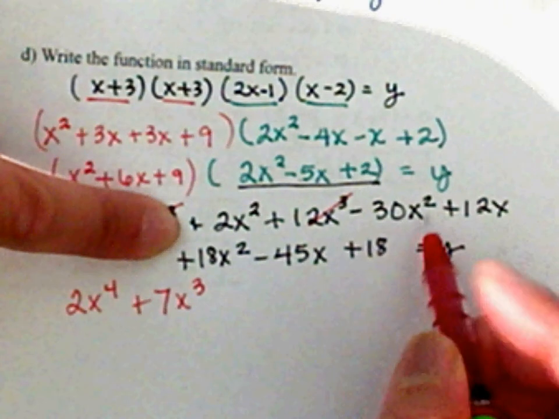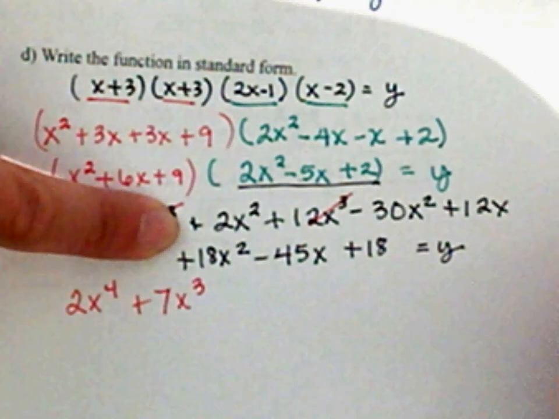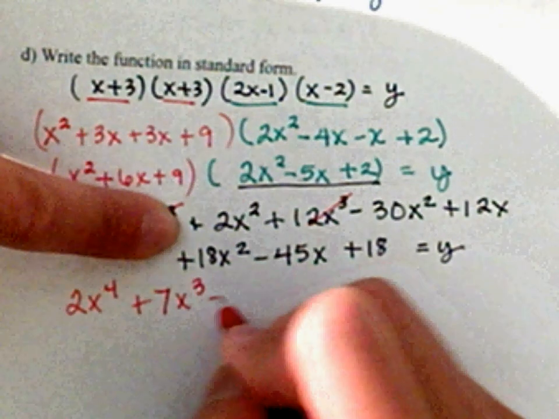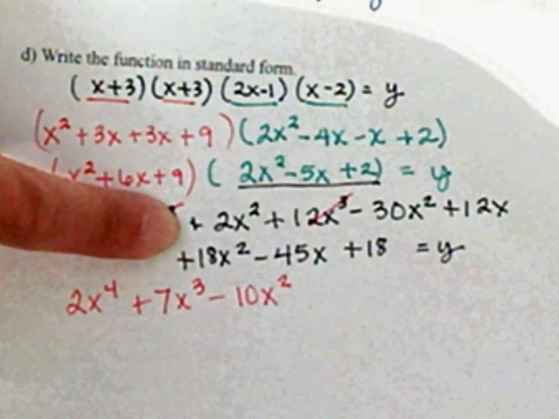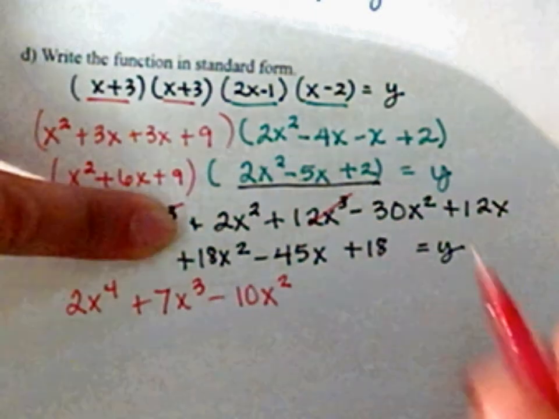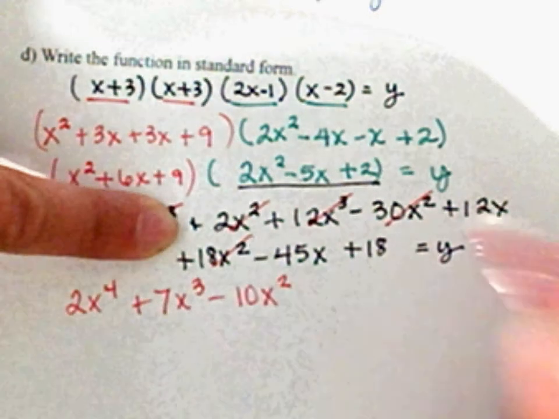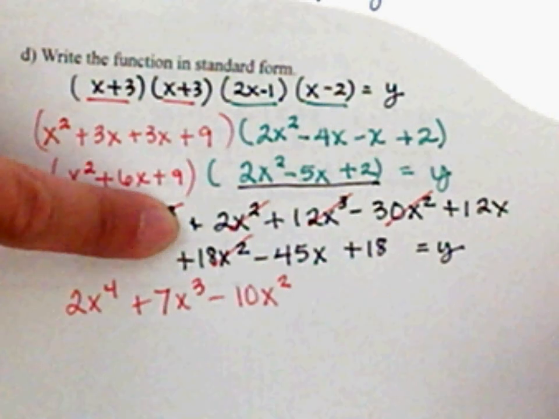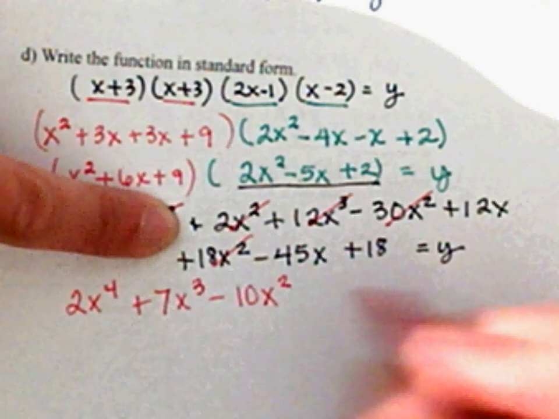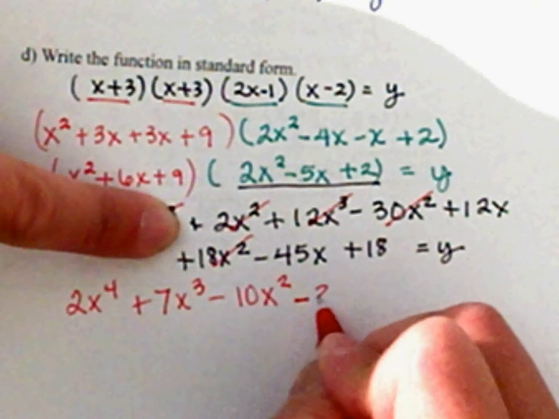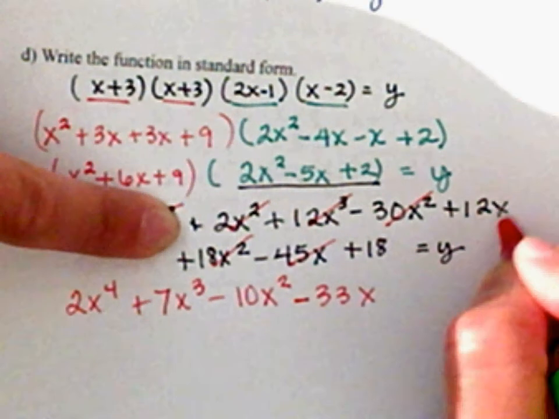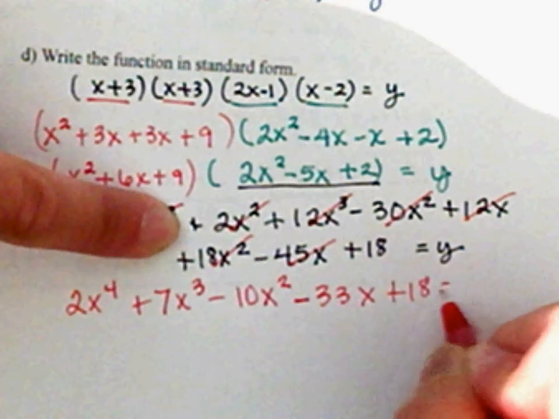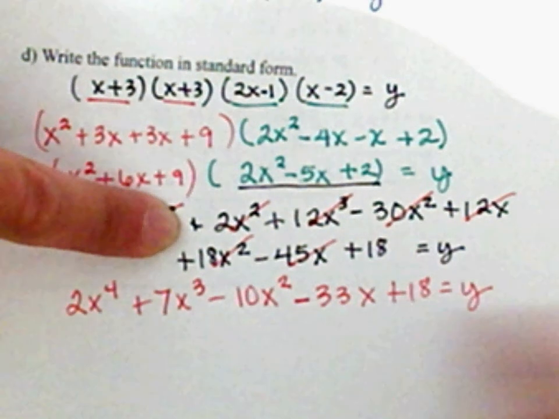Negative 28 plus 18 comes out to be negative 10x squared. Mark it off. That way I don't use it again, and you know what you've done. 12x minus 45 comes out to be negative 33x. Okay, plus 18. So you have written from highest to your lowest,